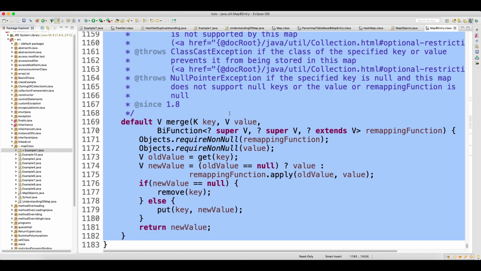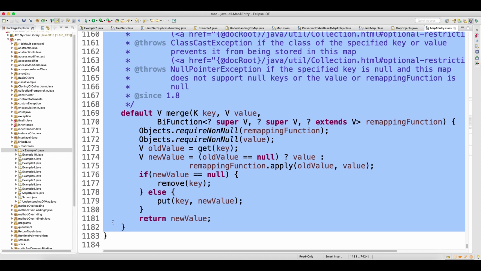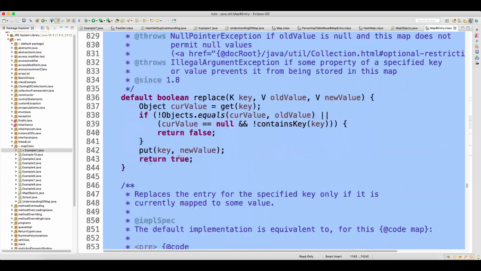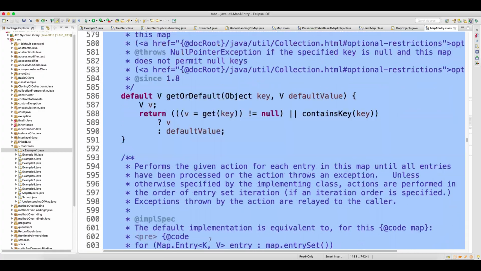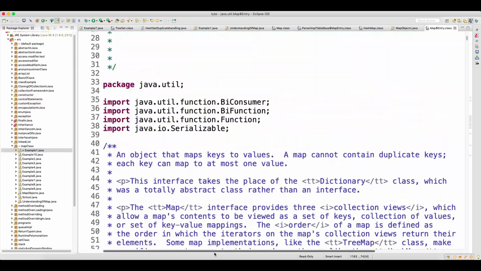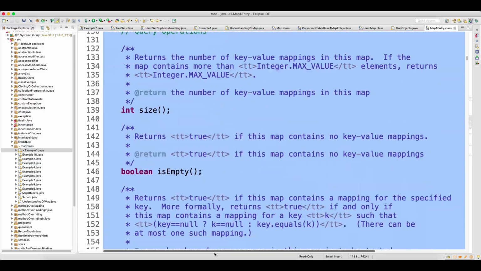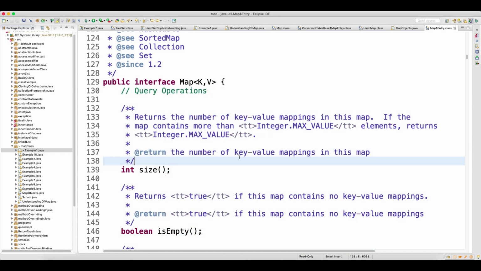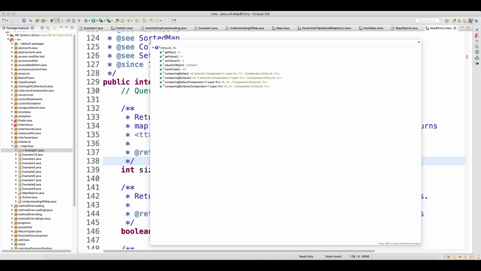When you do a double click, you can see that you are coming at the end of this class, everything present inside the class.